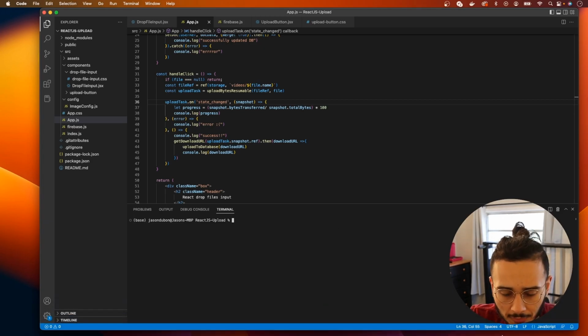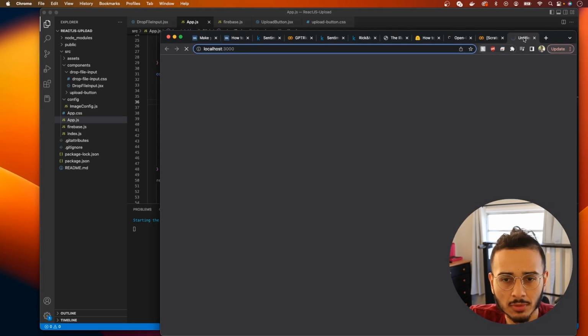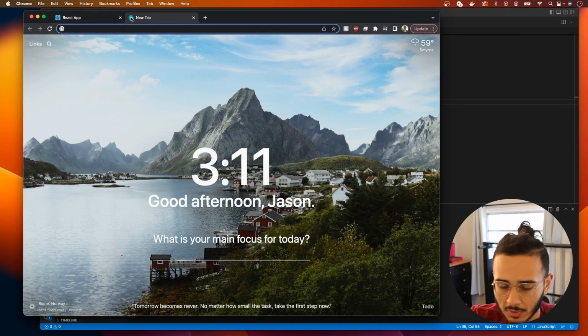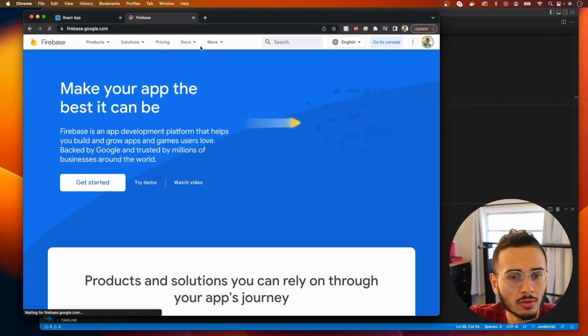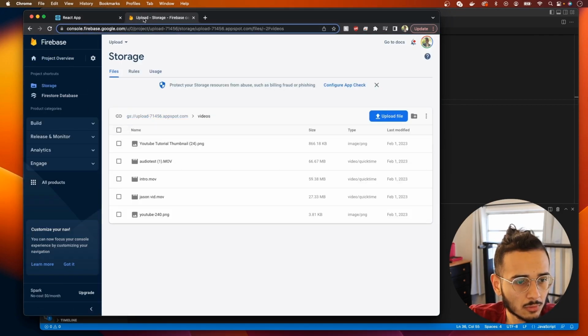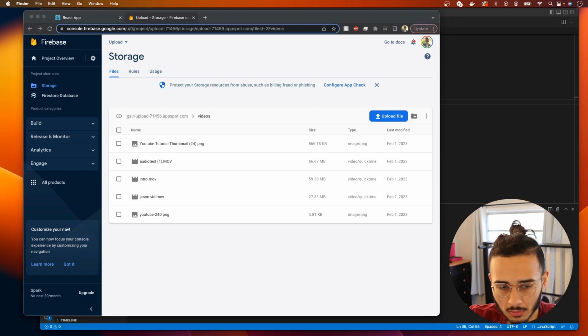And actually, before I do this, let me make sure this is still working. So I'm going to do npm start. It should open up the server. All right. So here I have, let me open up Firebase as well so we can test it. This upload. Let's go to our storage. So let me see, what do we have here? All right, let me upload some random